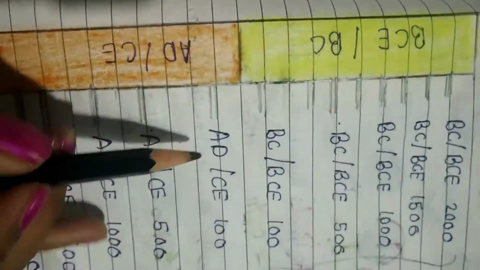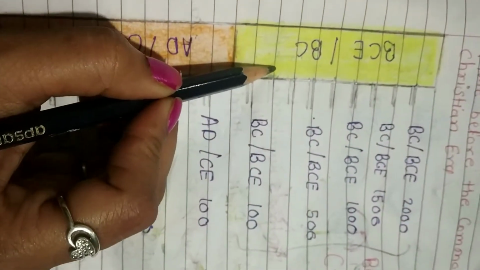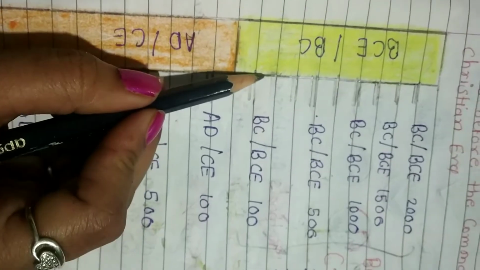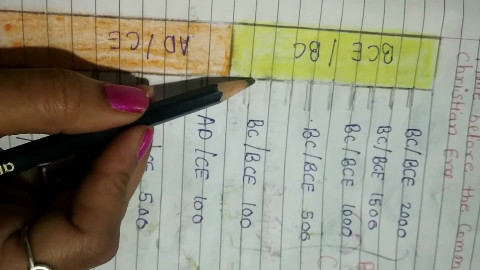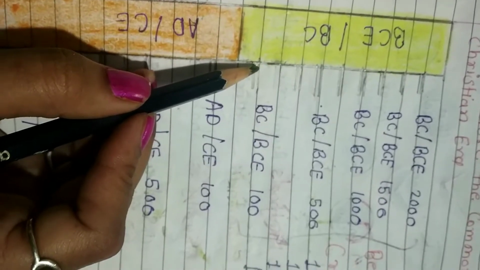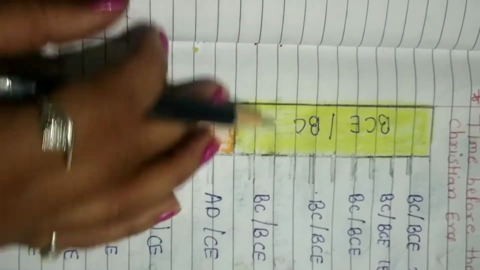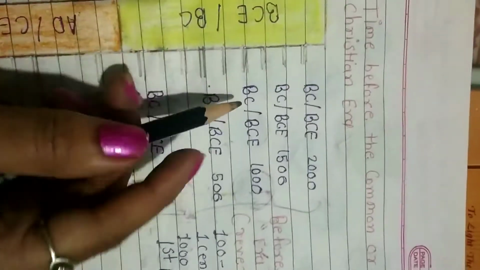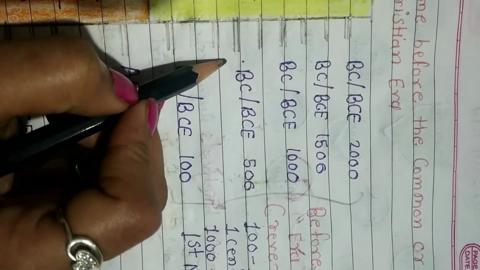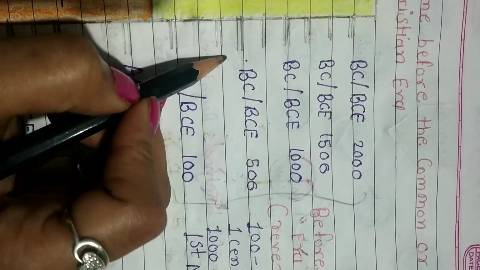Now see, the events before the beginning of the common era are mentioned as having occurred before the common era. Information about some of these events can only be obtained with the help of evidence, which is buried. We got lots of evidence, lots of proof, hidden in underground places.